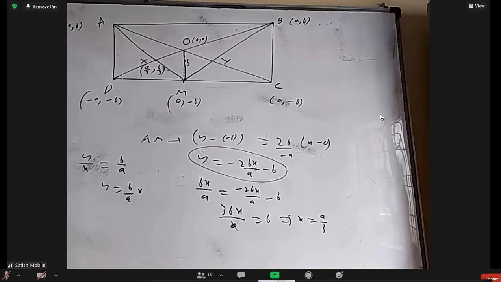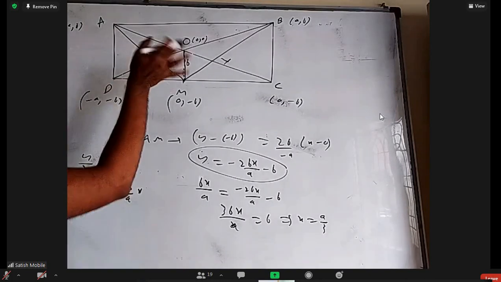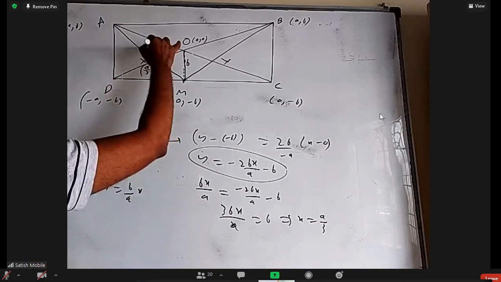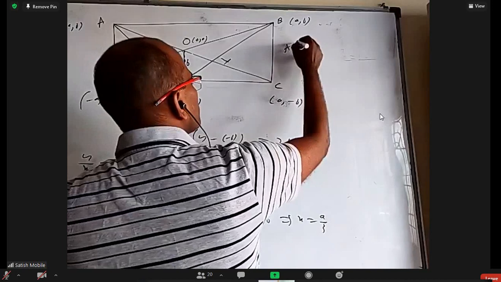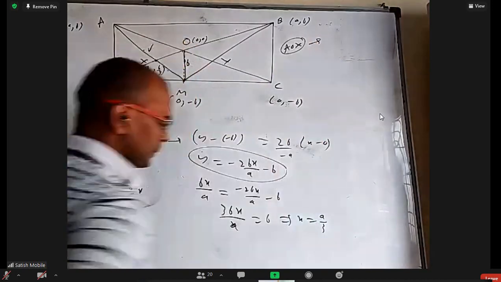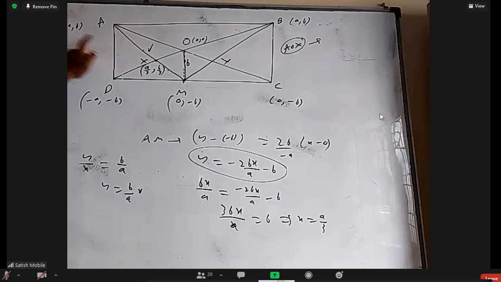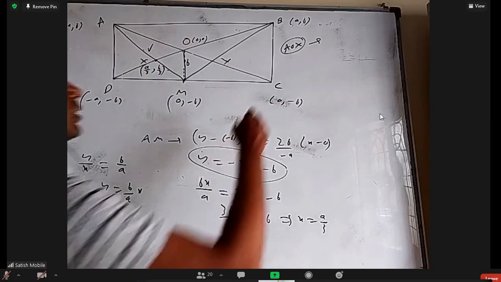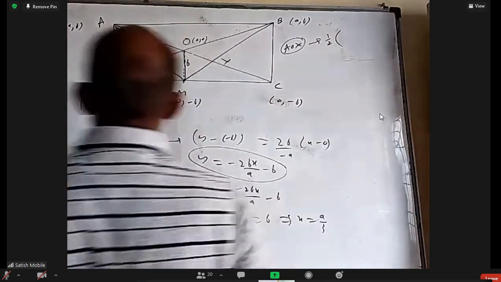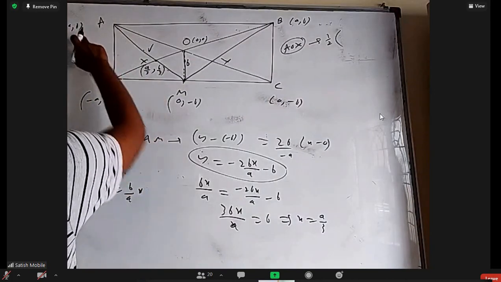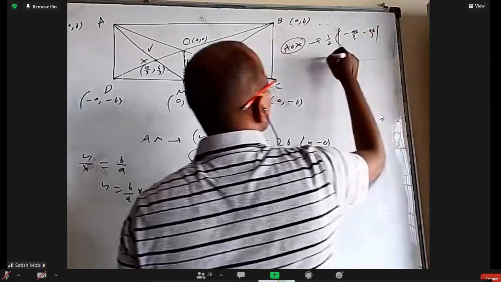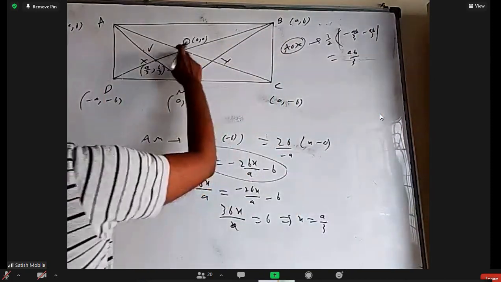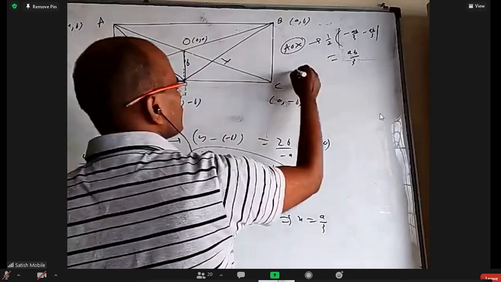Let me see if I can do it some other way also. By coordinate geometry, it is done now. Take this point, this point, this point. What is the area of AOX? If one vertex is the origin, the area is half of the modulus of x1y2 minus x2y1, which gives AB by 3.